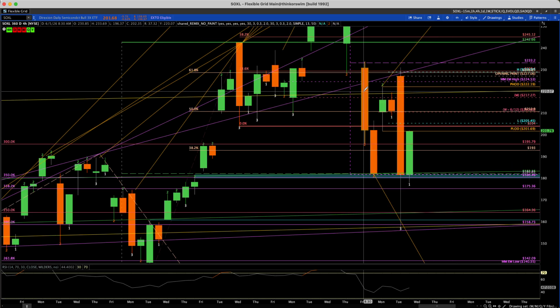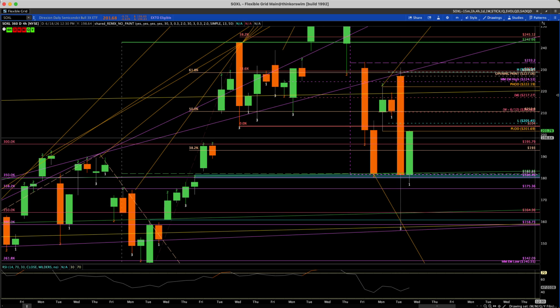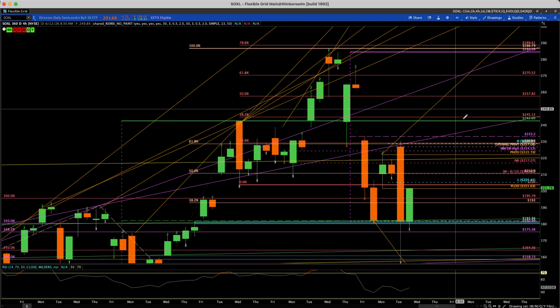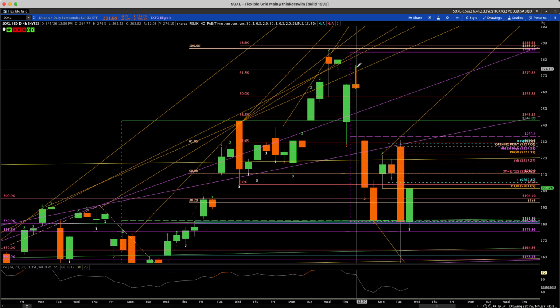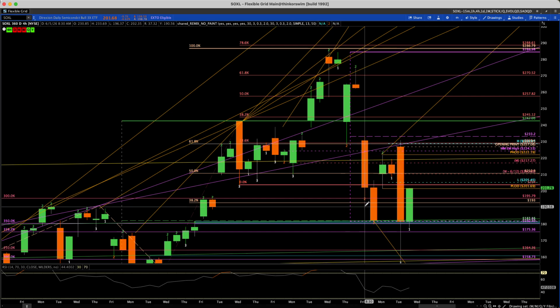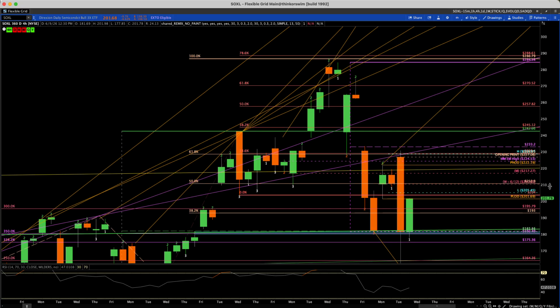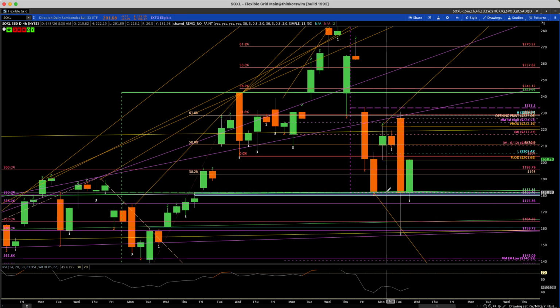Now we did make a higher high on the hour chart and then make a lower low. So we are in a broadening formation here. Let's get the right tool out. All right, so if we just go high to higher high, and low to lower low, you can see how we're in this broadening formation,